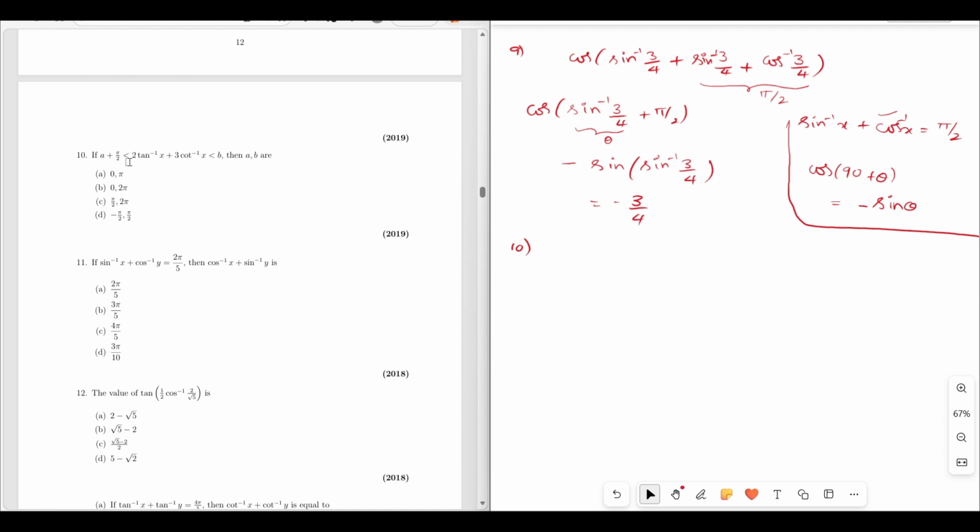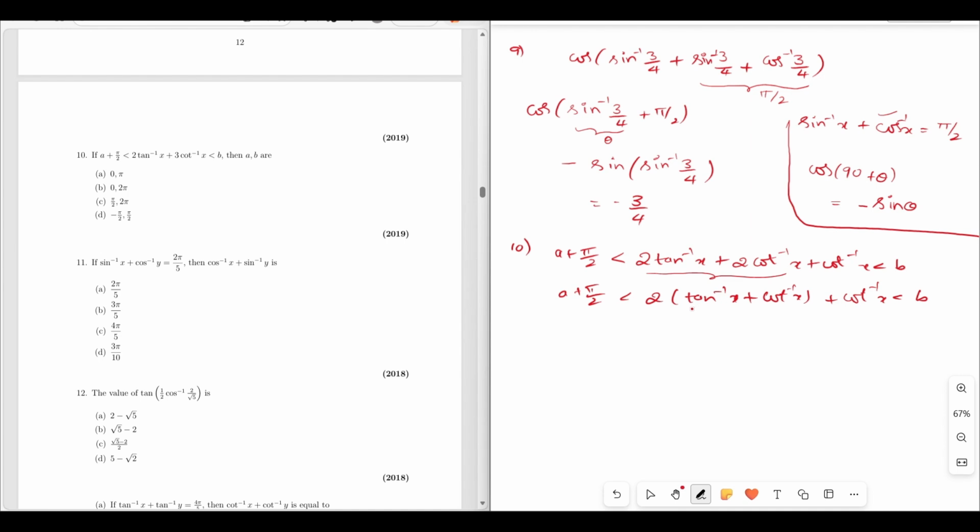The question is: a plus pi by 2 less than 2 tan inverse x plus 3 cot inverse x less than b, then a and b are. So basically they're asking you to find out the values for a and b. Okay, so let us write down a plus pi by 2 less than 2 tan inverse x plus 3 cot inverse x, which can be split again as 2 tan inverse x plus 2 cot inverse x plus cot inverse x, which is less than b. Okay, so now in these two I can take out 2 as common, 2 bracket tan inverse x plus cot inverse x, and this cot inverse x as it is, less than b. Okay, so now again tan inverse x plus cot inverse x can be replaced by pi by 2,